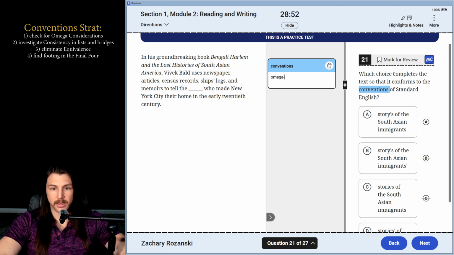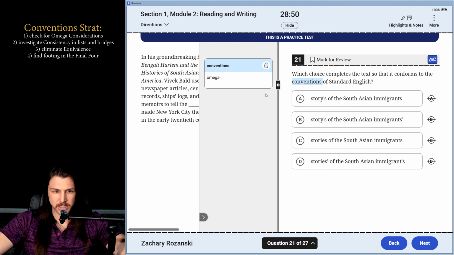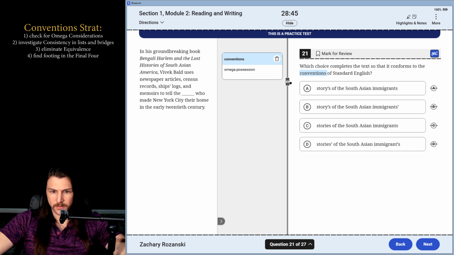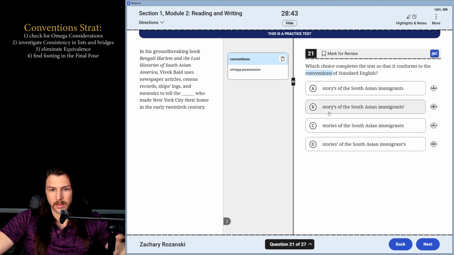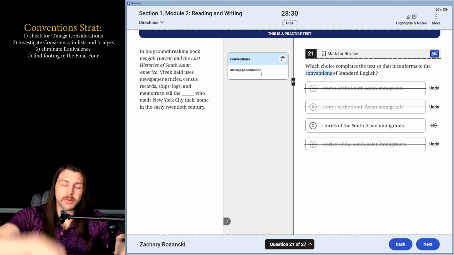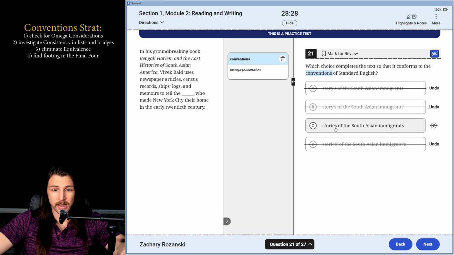21. Omega considerations. What do we have here? We have possession. We have a few things that we can test for possession. Oh, I'm going to fight right here. These are going to be wrong because I'm not going to possess that. Oh man, whoa, all of them are wrong. I don't even need to consider a number for this one. I know that I have a prepositional phrase here. Elided possession is not a thing that matters. You want to be able to point your finger on the thing that's being possessed, and stories is not possessing this of right here.